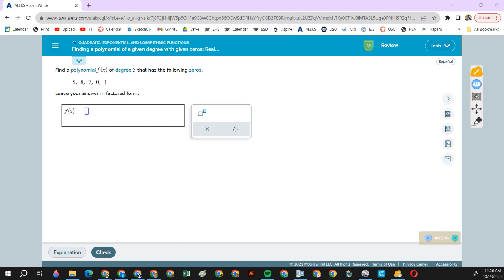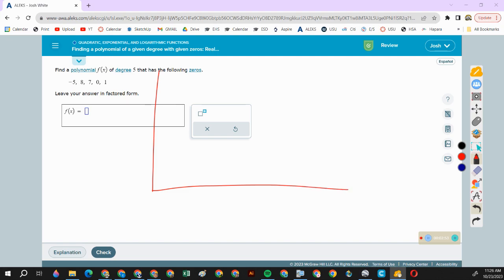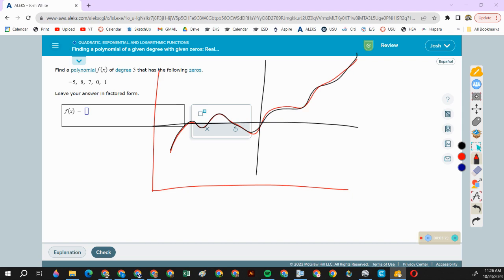So let's say you were modeling some data, like you took a whole bunch of data and you created this equation and it looks like this. And you wanted to know what is the equation of that graph. Well, it could be written lots of different ways, but one of them could be a polynomial. If I built a polynomial and I know it has to hit there and there and there,